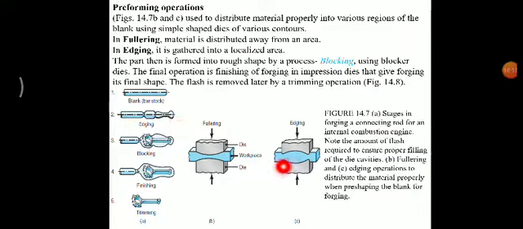In edging, the central part becomes thicker and the exterior part becomes thinner, and on the contrary, there is the fullering process. In fullering, the central part becomes thin and the outer part becomes thick. So here you can see the fullering and the edging processes are both used,